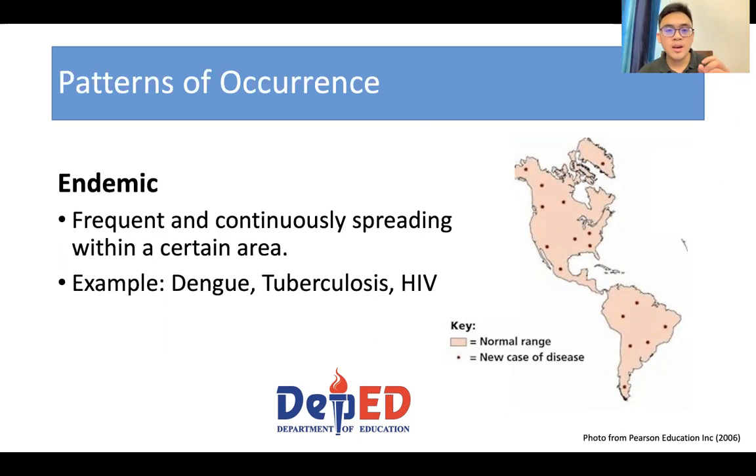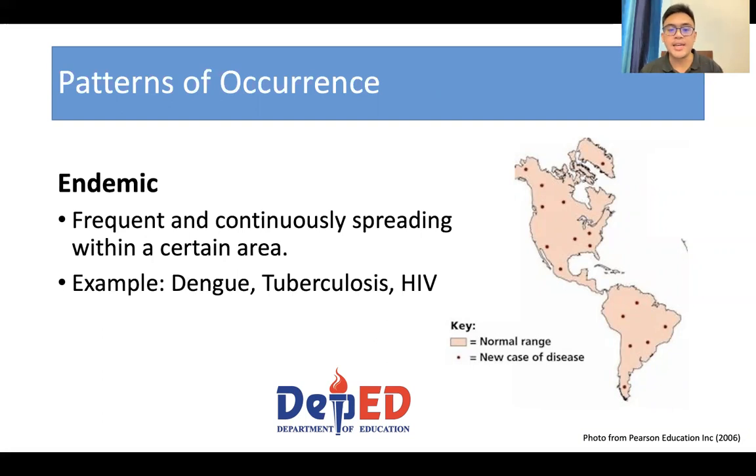disease? So when we describe the patterns of occurrence, we have terms such as endemic, epidemic, pandemic, and what I mentioned earlier already, sporadic occurrence of disease. So usually when we talk about sporadic diseases, these are solitary and they do not actually spread continuously in a certain area. But when we talk about endemic diseases, these are actually described as frequent and continuously spreading in a